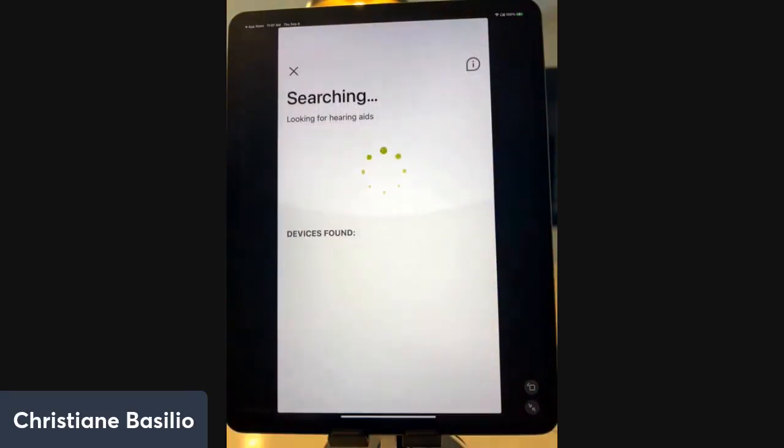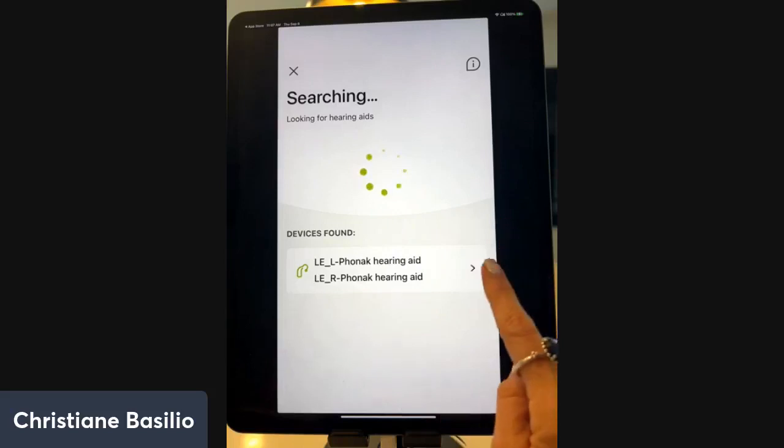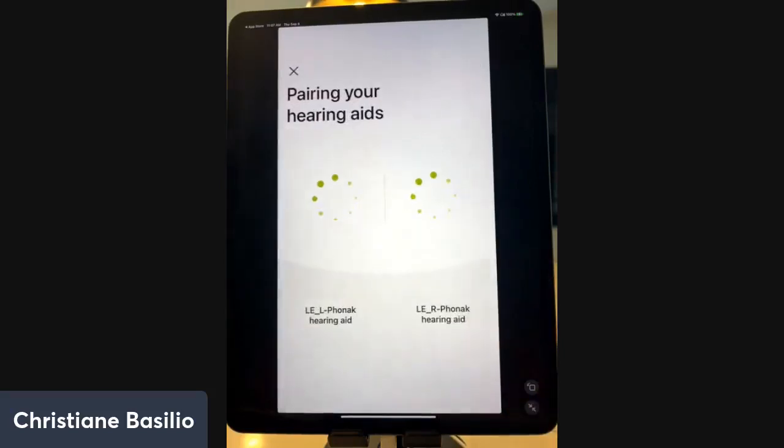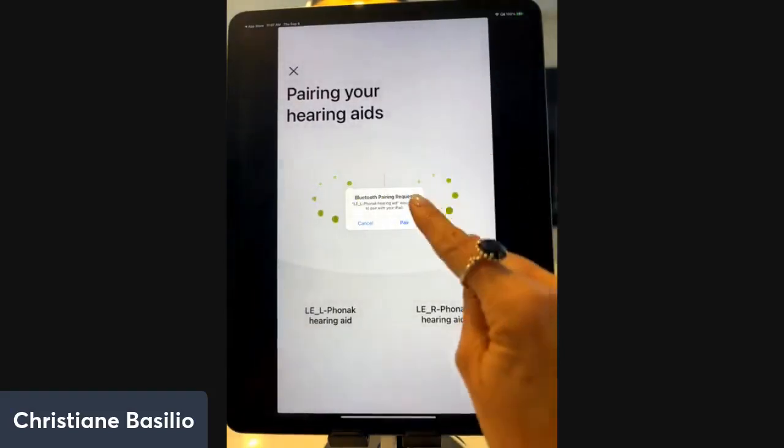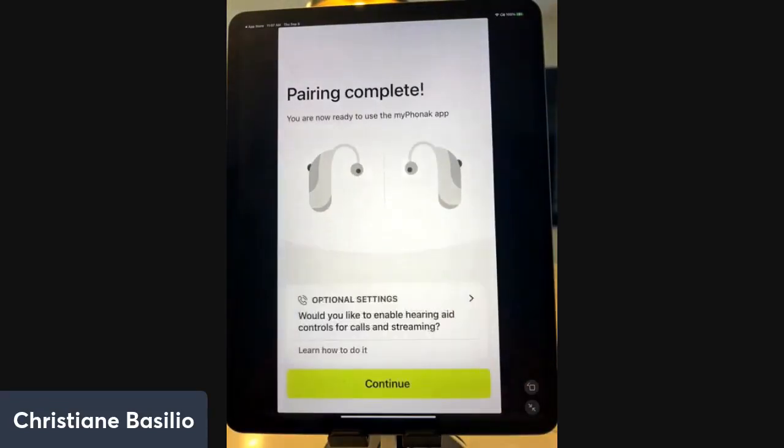So now we're gonna let my app find the hearing aid, and let's hope it's gonna find. Here, what we have, it found the left side and now found the right side. So now I'm going to click, and I'm just gonna keep following these steps. Pair, and pair. Okay, there we go. So when the 2 hearing aids are paired, you see that tells you here, would you